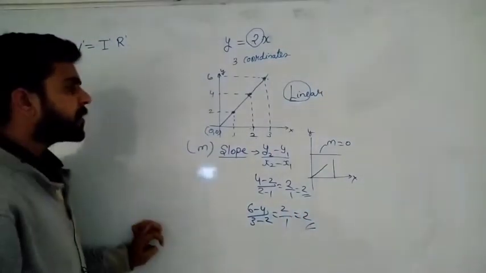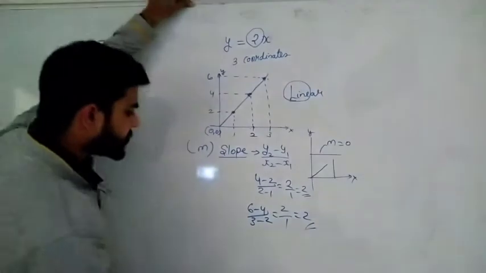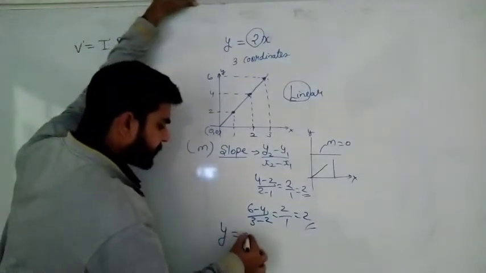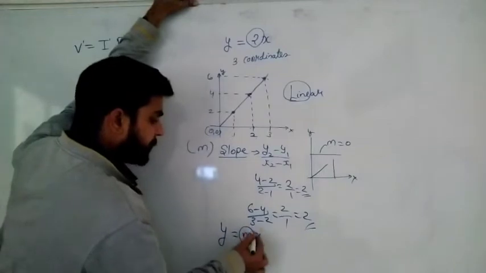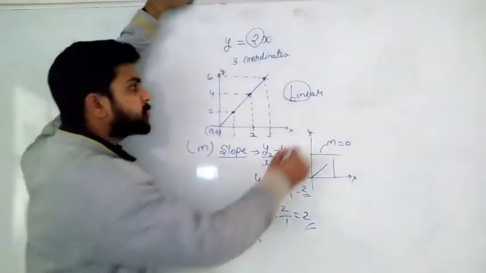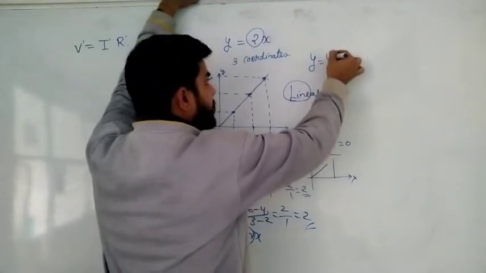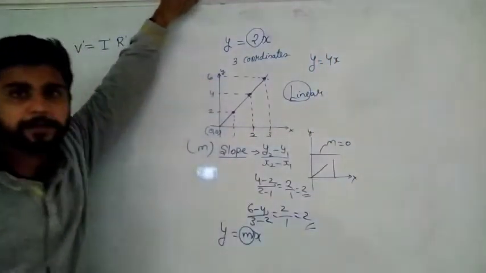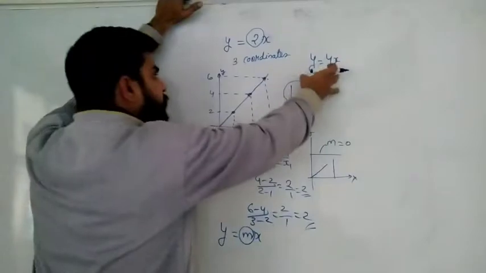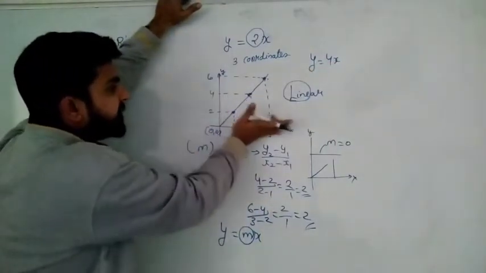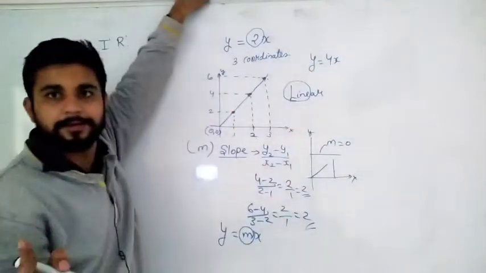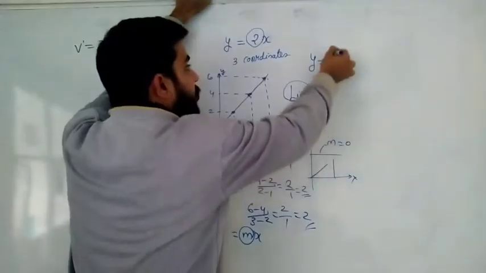It means, can I generalize this equation as y is equal to mx? What is m? m is the slope. If I ask you one more equation, for example, beta, just the revision, I am telling you, already you studied these things very well. y is equal to 4x. If you plot the graph and calculate the change in y-axis divided by change in x-axis, what will you get? You will get the slope as 4.